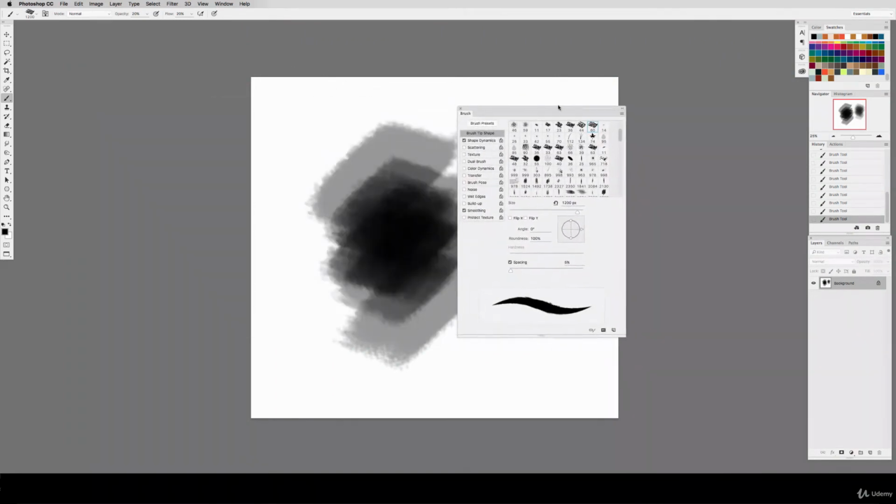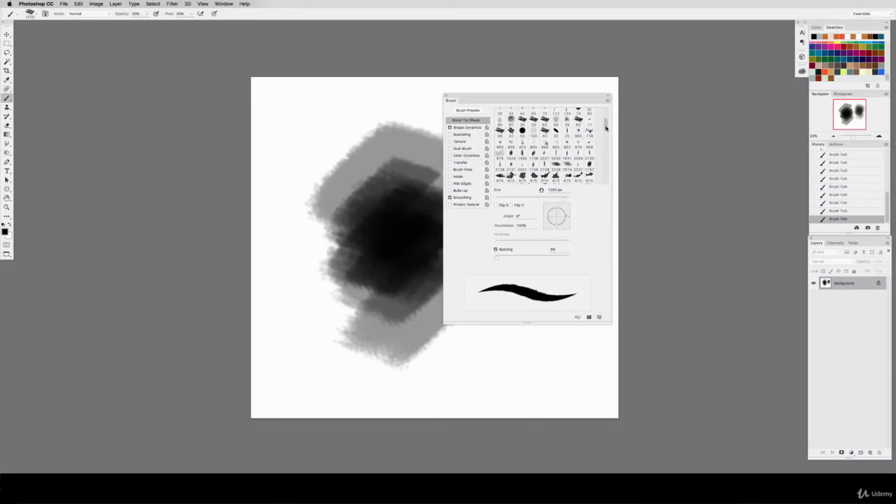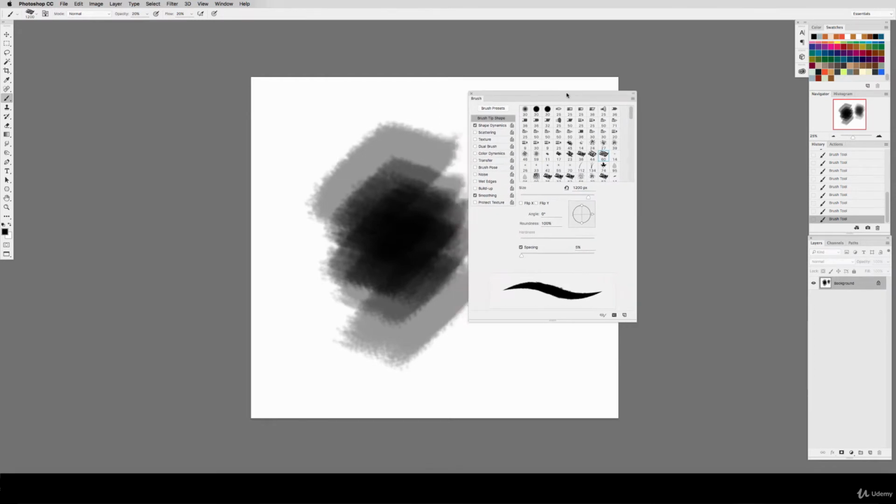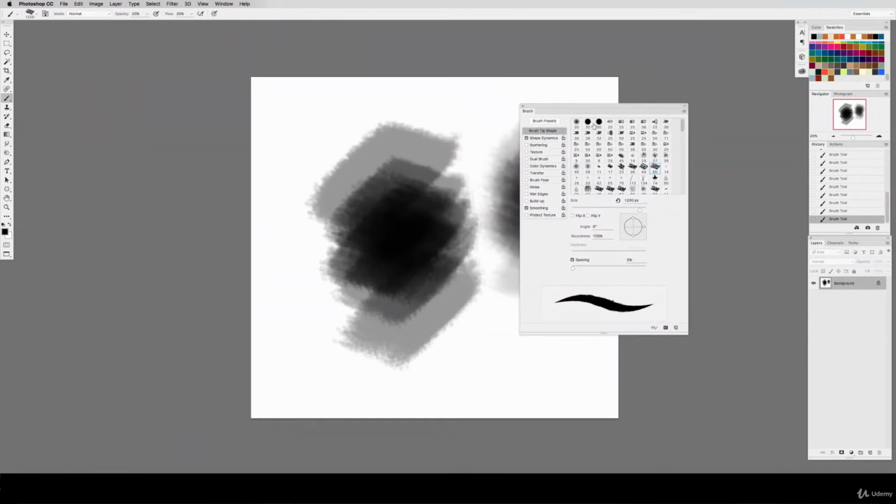To adjust settings on these brushes, you can hit F5 and it brings up this brush editor menu. And as you can see, Photoshop comes with tons of shapes to choose from just by default. These are a lot of fun to play around with, especially if you're a beginner, but one thing most professionals agree on is that the brush shape and even the settings are not as important as they might seem to be. As long as your techniques are solid, you can do most effects with just about any brush. In fact,